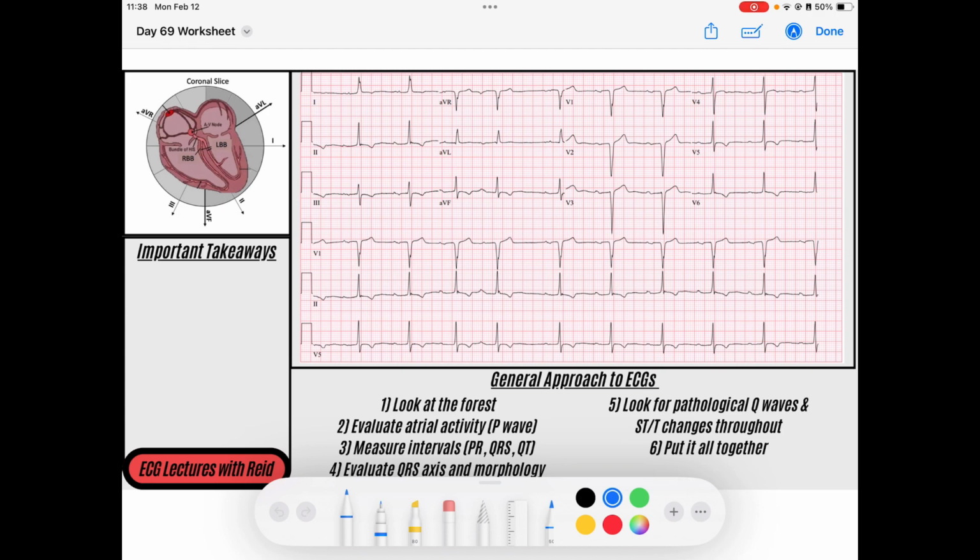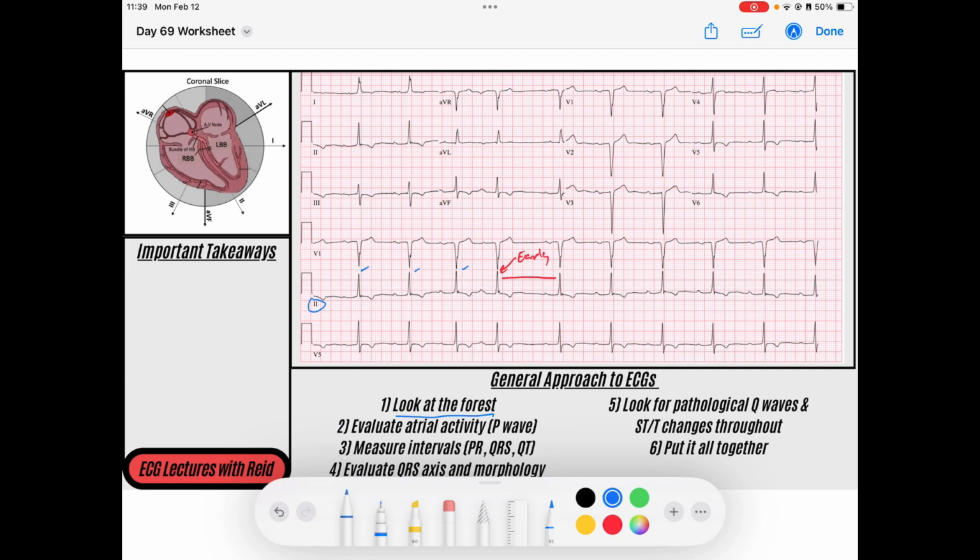So let's get started. The first thing I like to do with ECGs is look at the forest, and the trees of the forest are my QRS complexes. So maybe if I pick a lead, maybe here lead 2, I see I've got a narrow complex QRS that seems to be quite regular, until maybe I have a little bit of a gap that occurs there, and that gap is preceded by this beat, which seems to be early. We've got this early beat here that,